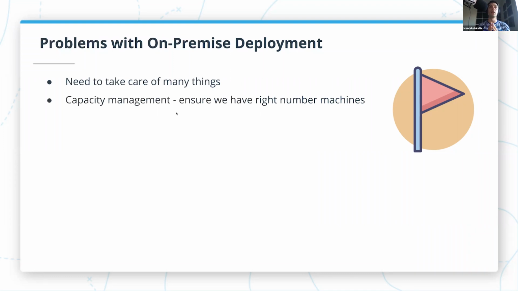And if we get this number wrong, we will have problems. If we have too few machines, then the requests of our customers won't be served, and they won't be able to use our application. And if we have too many machines, then it means that we had to buy them, and that money could go somewhere else, to be spent on something more useful.